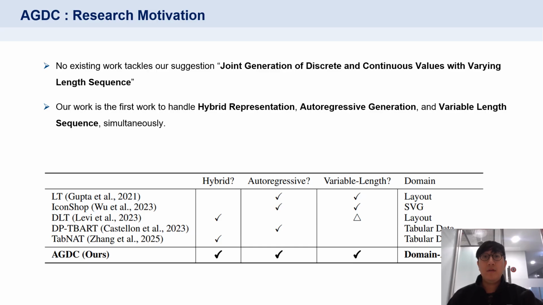Can we develop an autoregressive framework that jointly models discrete and continuous values while preserving their natural representations? To my knowledge, our work AGDC is the first and only work that handles hybrid representation, autoregressive generation, and variable length sequence generation simultaneously.